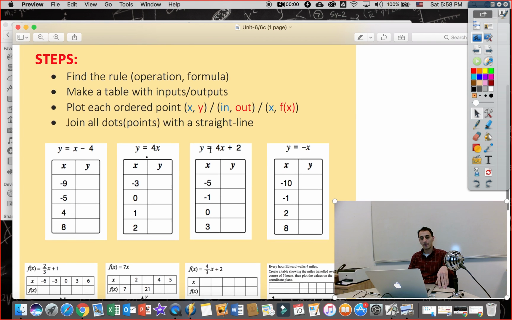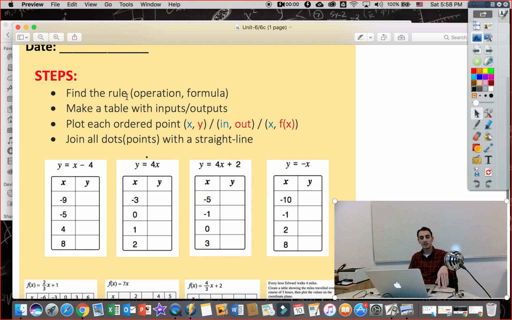So, okay, here that's why I have written find the rule, operation, or formula. It means find the function. Or if the function is given to you already, it's okay. Take it easy. Okay, then, if we have a formula, or if we have found the formula already by ourselves, it means that the first step is done. So, the second step is to make a table with inputs and outputs